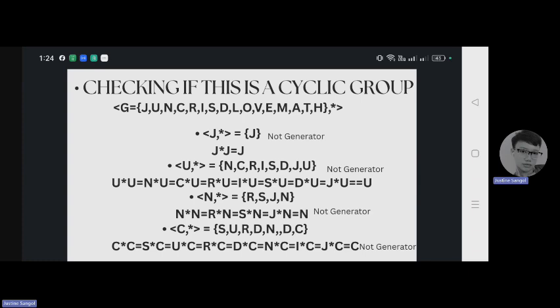So let's start with J. J star J is equal to J. Therefore, J is not a generator. Next element is U. U star U is equal to N. N star U is equal to C. C star U is equal to R. R star U is equal to I. I star U is equal to S. S star U is equal to D. D star U is equal to J. J star U is equal to U. Since the resulting elements are repeating without reaching all the elements in G,